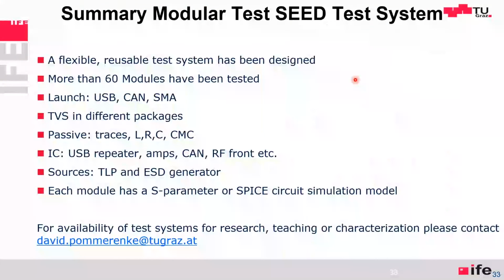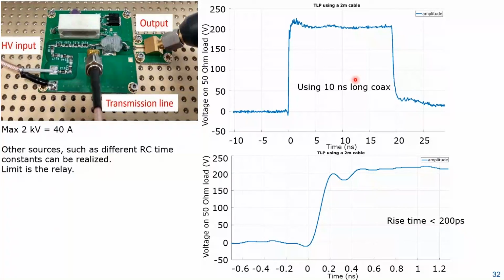So basically the source modules, ESD generator, TLP, they can be combined with, for example, the TVS to characterize the TVS, or to make a system with TVS trace IC, or TVS common mode choke IC, etc. So this combination can be varied, and it's always the goal to create numerical models for each section, S parameter, SPICE models, combine them in simulation, and then check to measurement to verify that the simulation is okay. And if you verified enough simulations, at one point you gain trust.